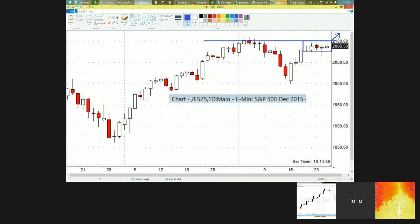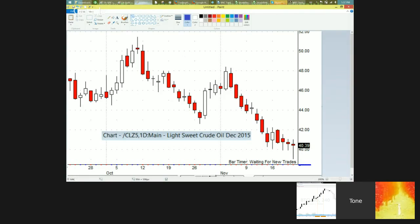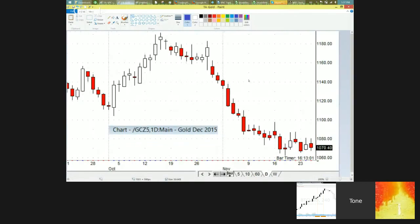Let's take a look at gold. No, that's oil. Gold. Here we go. So again, you see the same exact thing. You have this base right here. So I believe last time we did this video, this candle was forming, or the day before this candle was forming. And